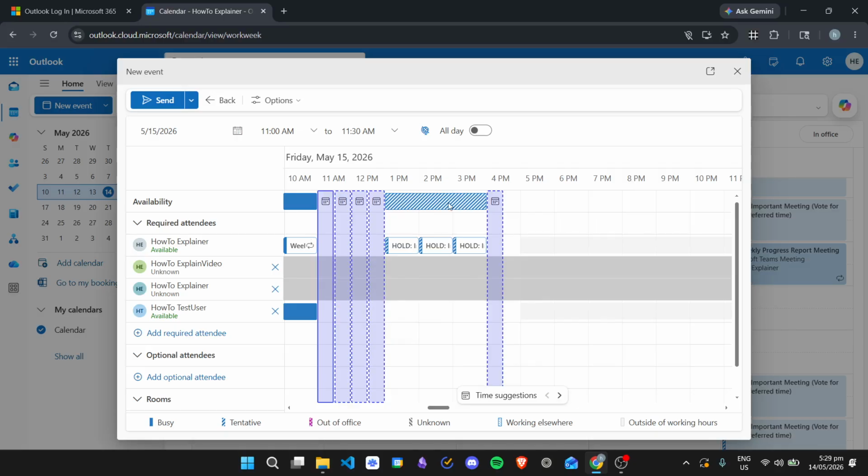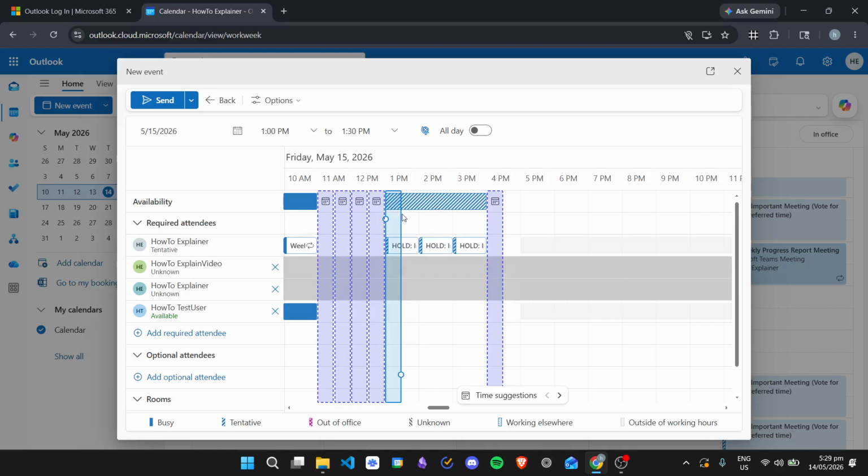And then you have all of the different statuses right here. If it has the blue color, it means that that particular person has a particular event at that time. And then you can see some of the times right here are labeled as hold, since they have a particular meeting that they haven't decided the time for yet. And then you also have this stripe